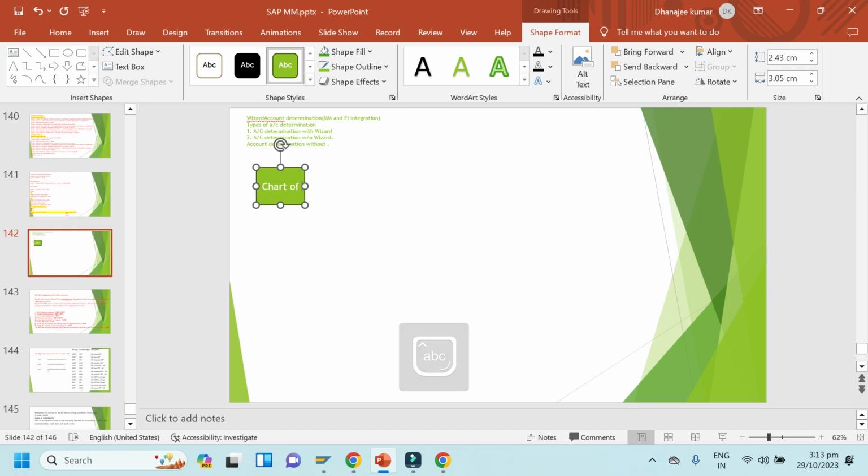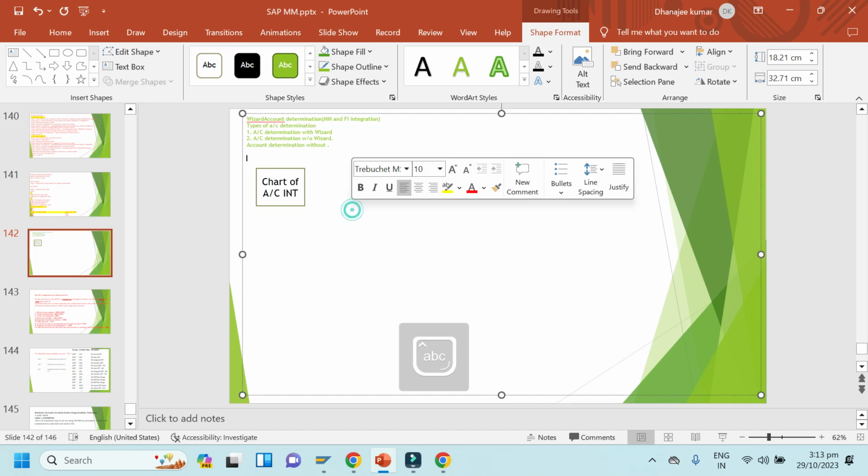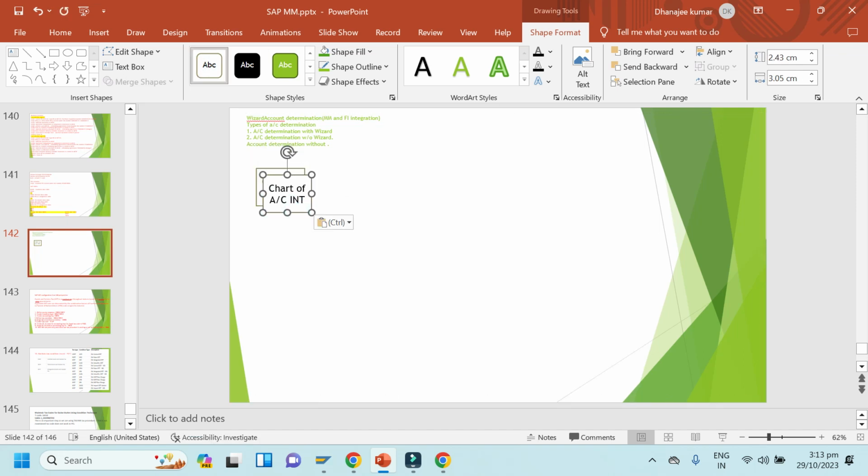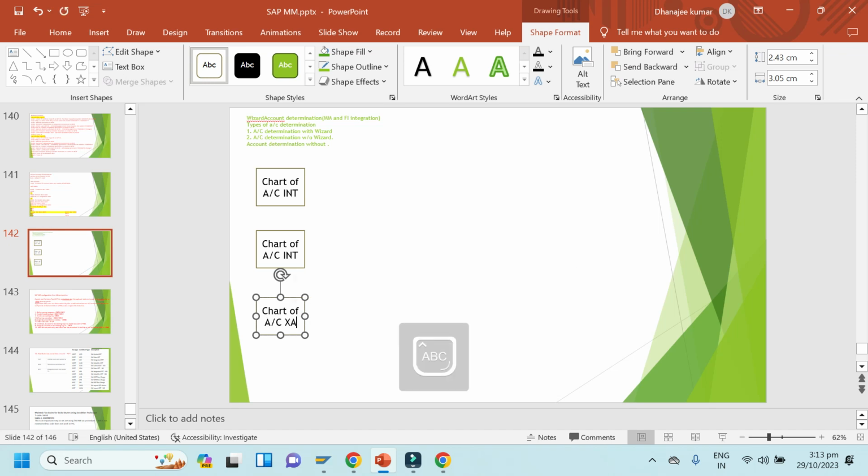Chart of accounts INT, chart of accounts INT. So let me explain. Here I'll give the chart of accounts the same, and here I'll give some different chart of accounts, CAIN I will give here. Okay, CAIN.